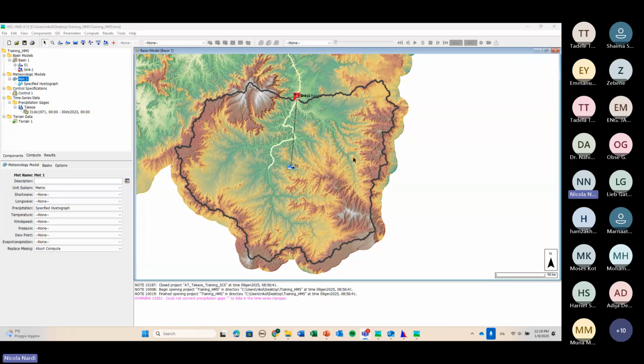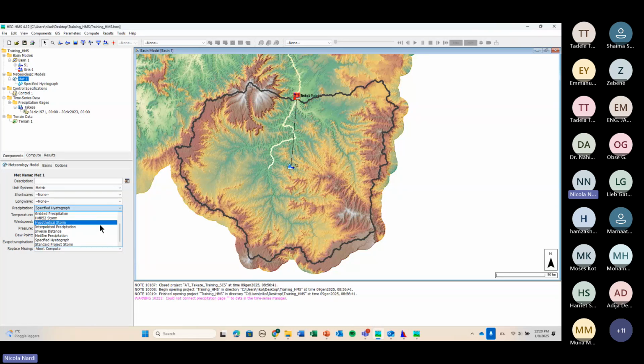How do we use them to characterize the basin? Depending on your purpose, you can use the precipitation data of a single weather station, the closest one to the centroid of your subbasin. You can average the data set of all your weather stations,